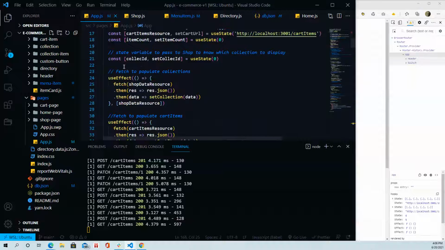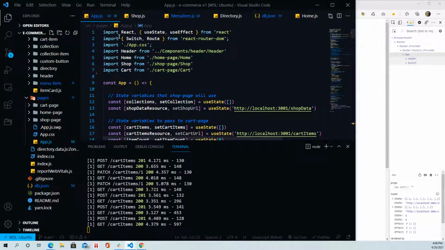inside my app is pretty much where all the state lives and pretty much where all the information lives, so that it can rain down to the children that need the information. And if there are children that share information or depend on certain data, then I want it to be in the higher level component, so that it can be shared between the children components of app. As you can see, I'm importing the components that I thought I would need, or that I need to